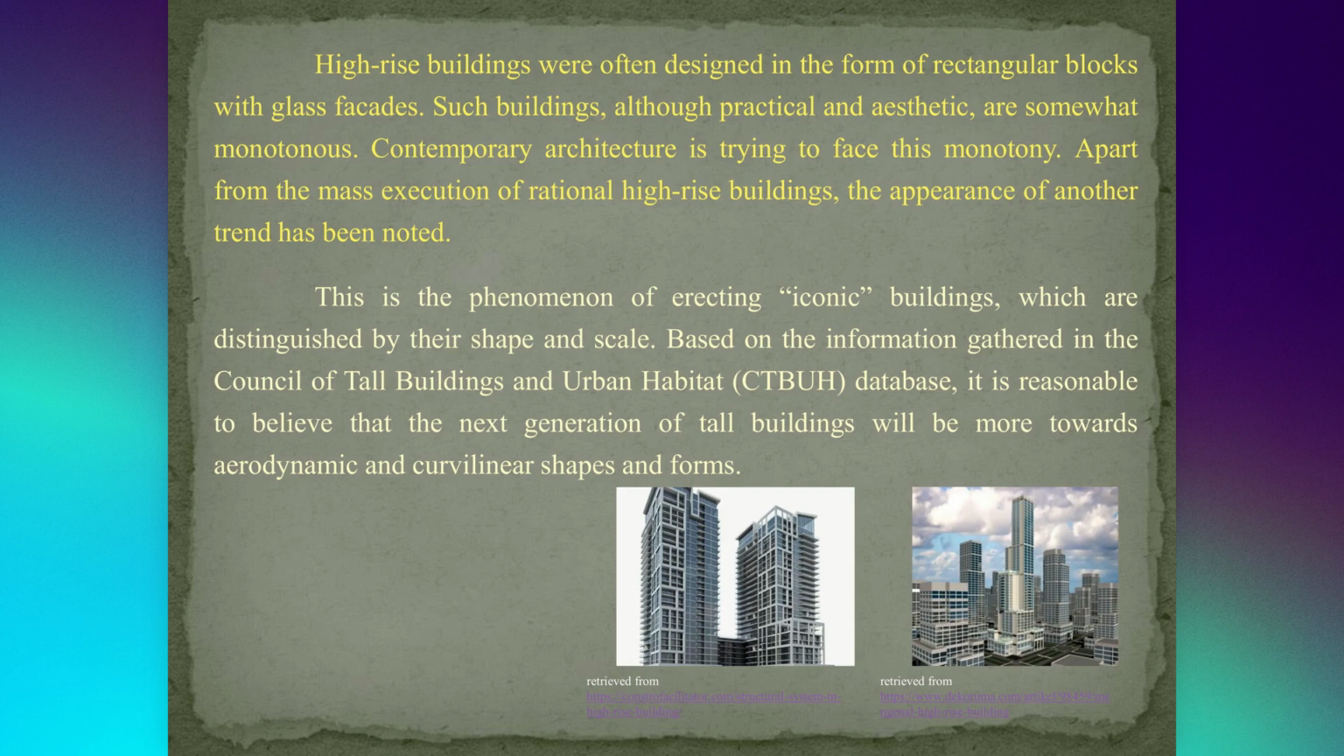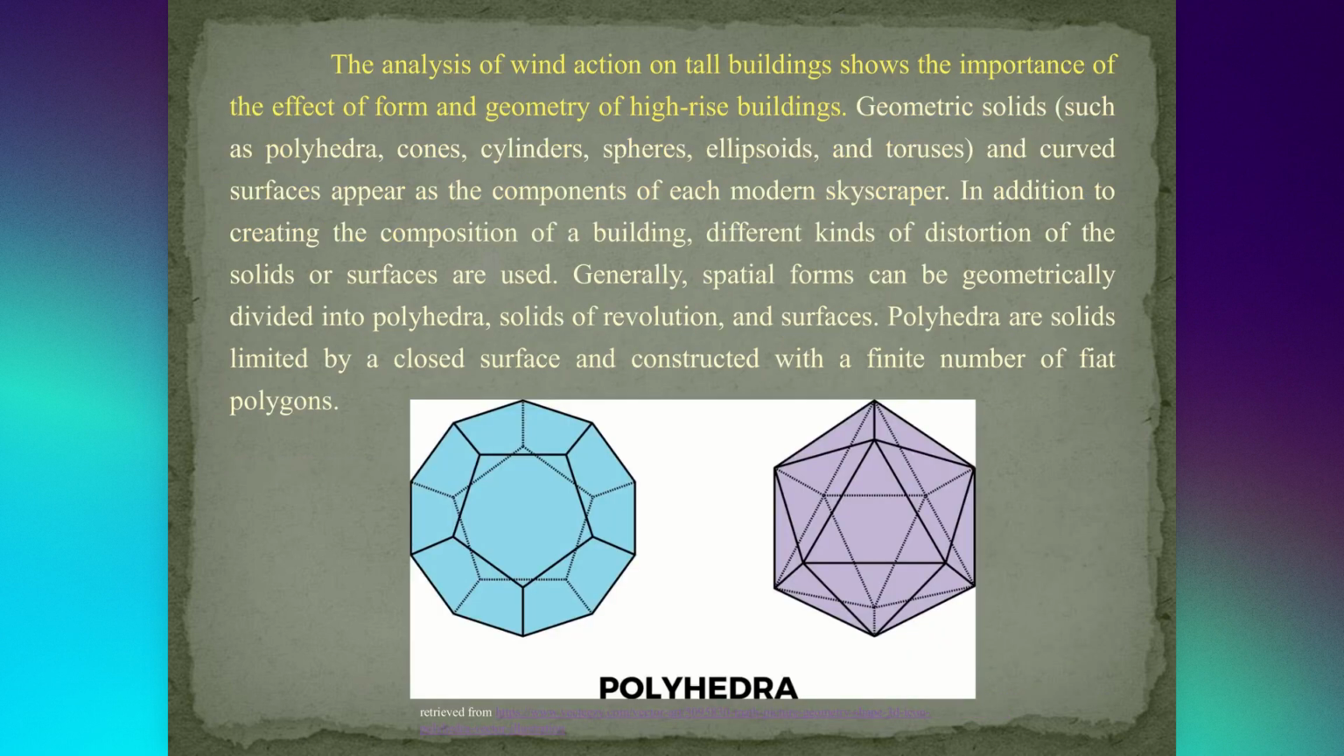Based on the information gathered in the Council on Tall Buildings and Urban Habitat (CTBUH) database, it is reasonable to believe that the next generation of tall buildings will be more towards aerodynamic and curvilinear shapes and forms. The analysis of wind action on tall buildings showed the importance of the effect of form and geometry of high-rise buildings. Geometric solids such as polyhedra, cones, cylinders, spheres, ellipsoids, and terraces, and curved surfaces appear as the components of